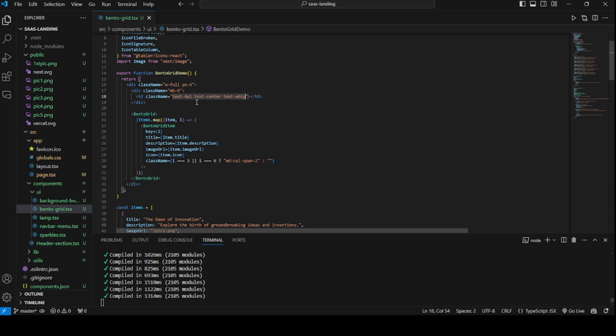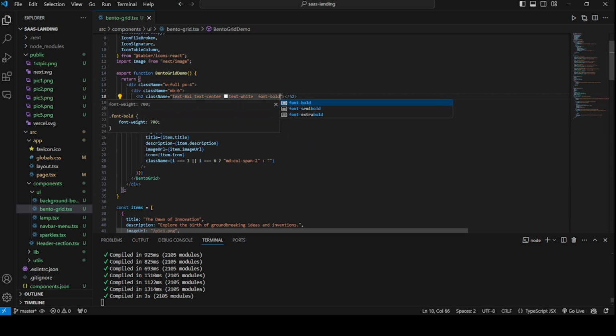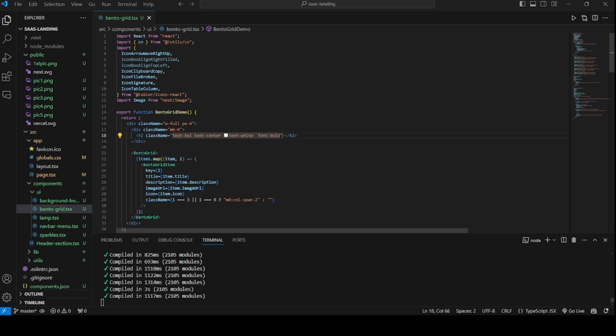I'm going to highlight some of the words there, but overall all the letters should be white and the font to be bold. And after that, I'm going to give the headings also. Then inside my div h2 tag,